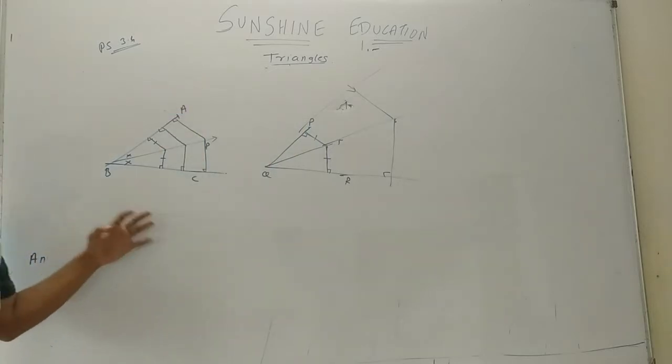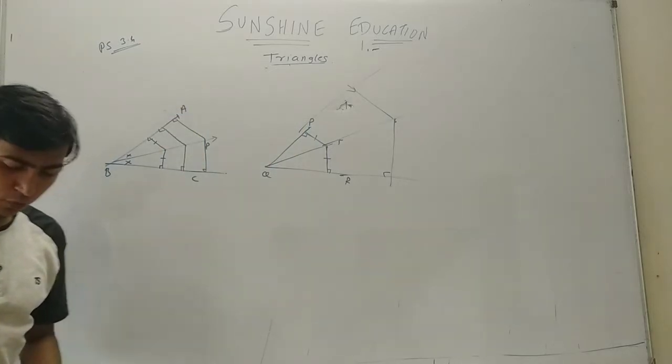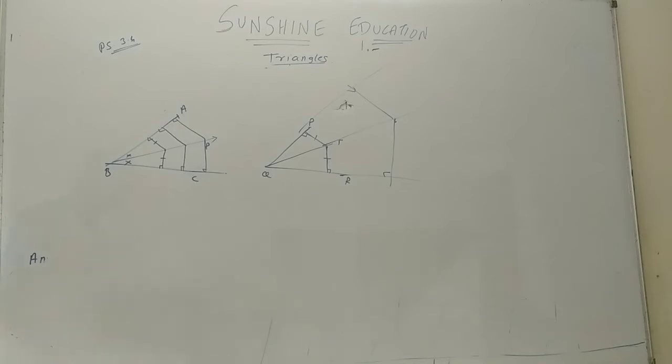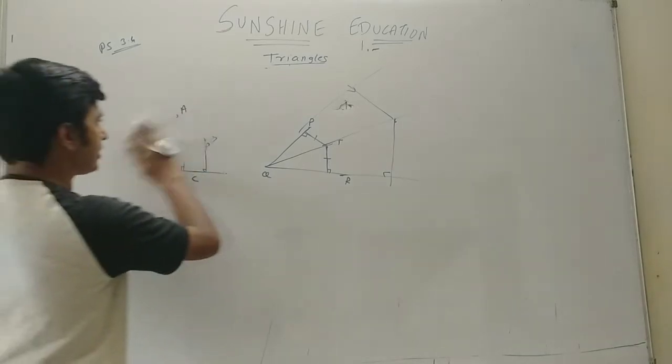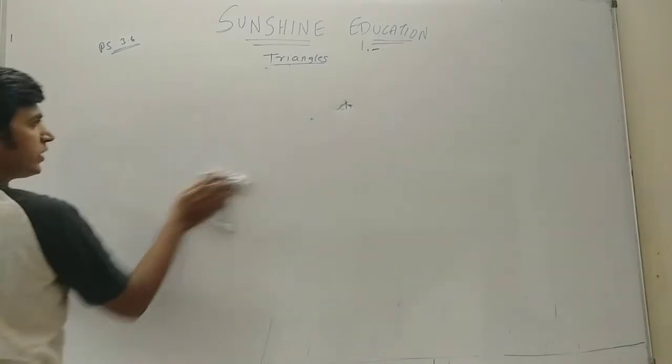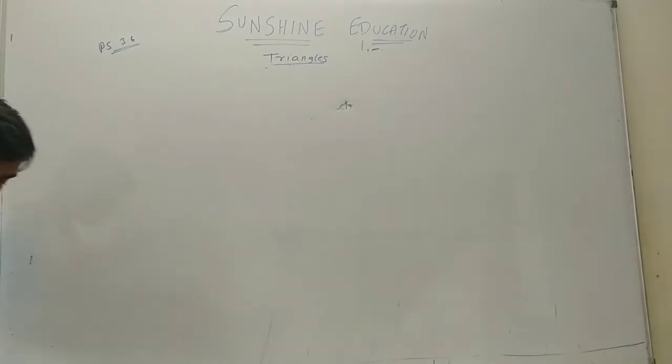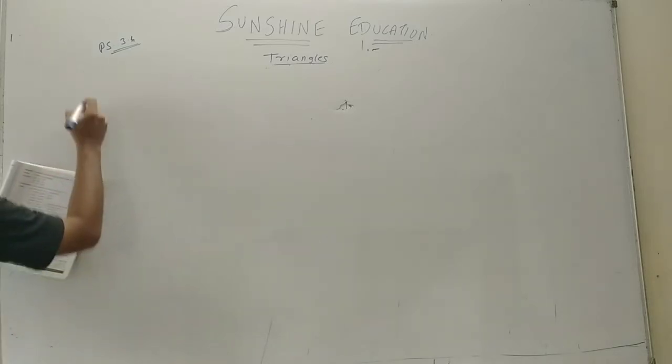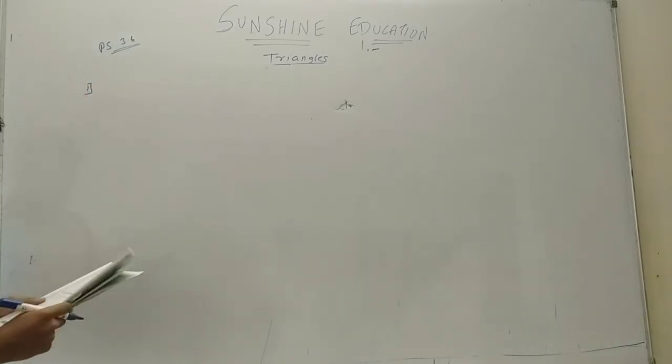Got it? So these are the four important properties that you need to remember for solving the sums of the next exercise. Let's see how many of you can understand it. There are some more properties, but we will see them after the sum starts.